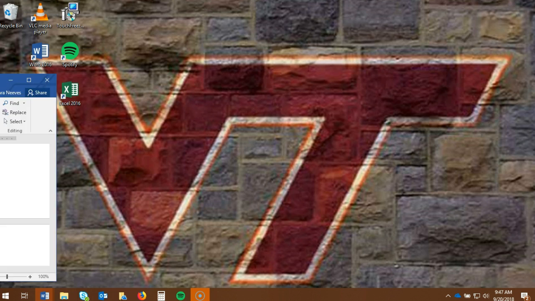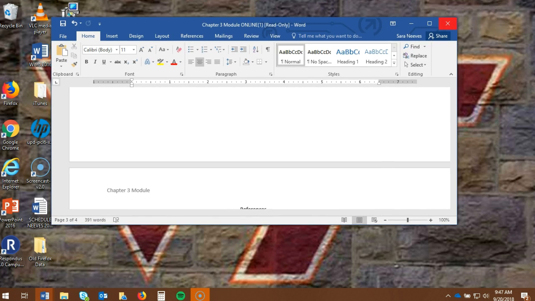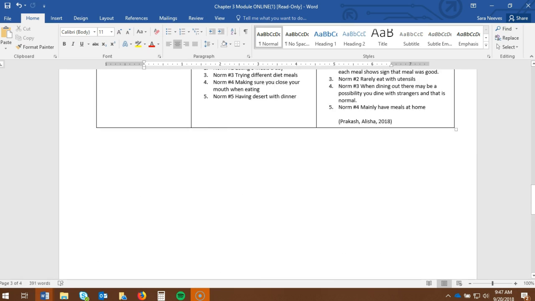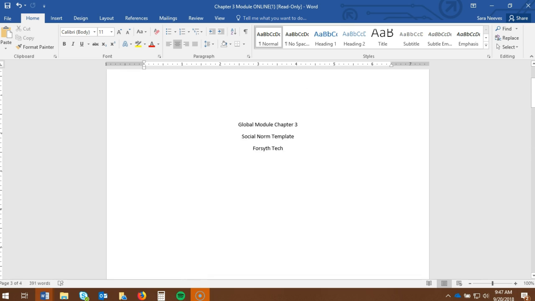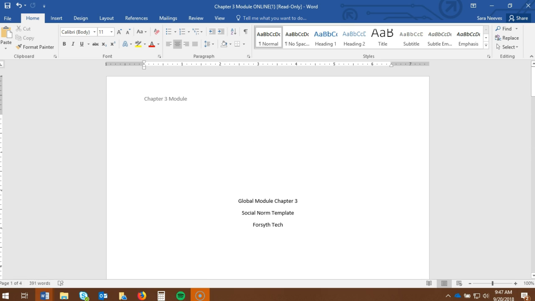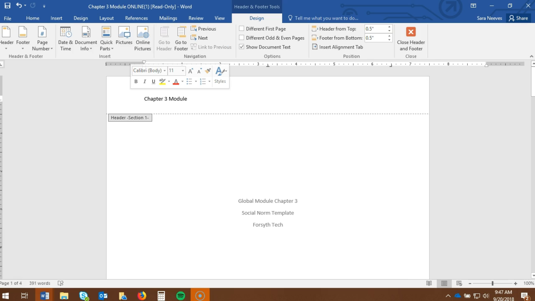So I wanted to first show a paper that was pretty close to what I was looking for. You can see here that there was a title page. I removed the student's name, but the name goes up here on the title page. The only thing that's missing is up here. There should be a running head, and it looks like this. The running head